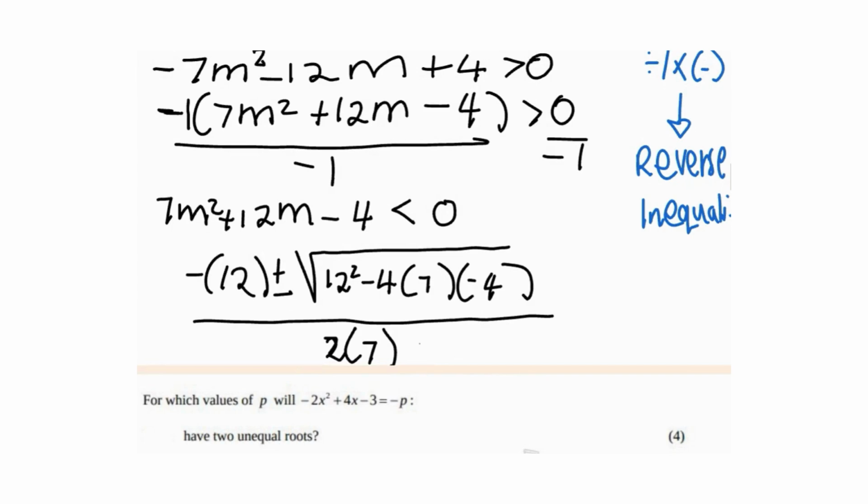The values of m are going to be, I'm just going to plug that on my calculator. So I have negative 12 plus square root of 12 squared minus, I should close the bracket, minus 4, 7, minus 4 again because of my c, it's negative 4, divided by 2. My a is 7. So I have two, my first x value can be 7 over 2, or the second one can be